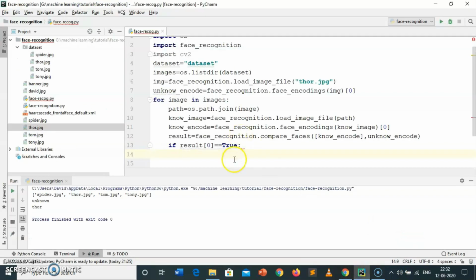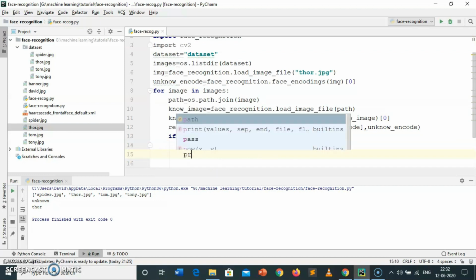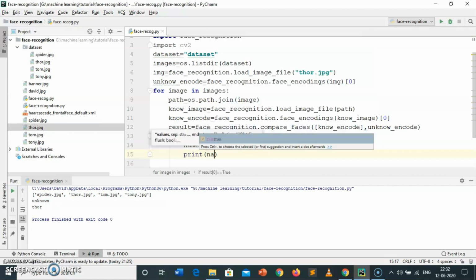So for this I have to split this. So name equal to image dot split and provide the dot operator and 0 index. Now print the name.